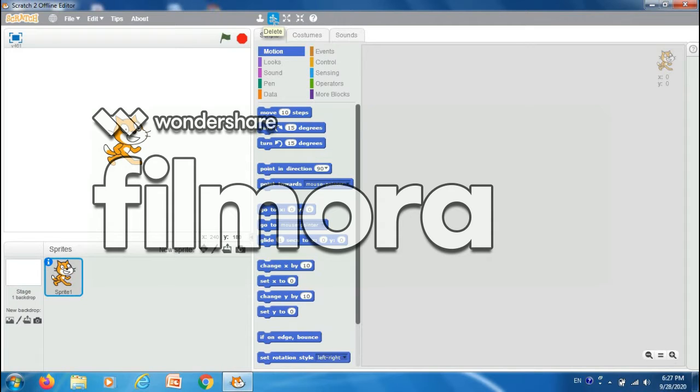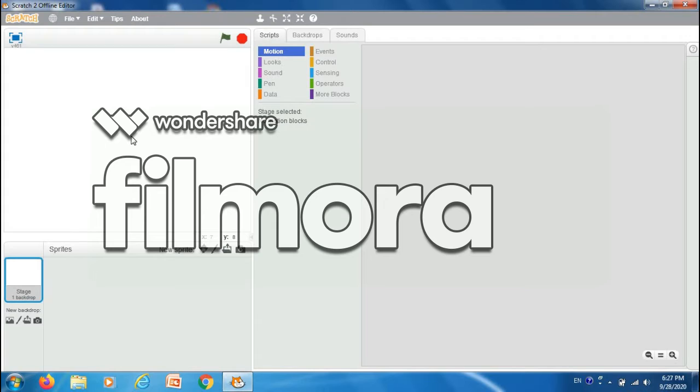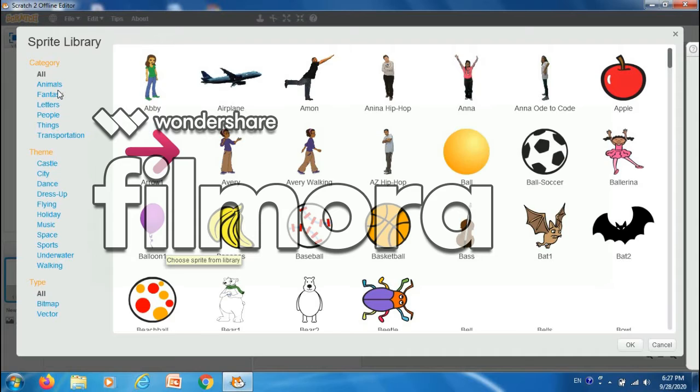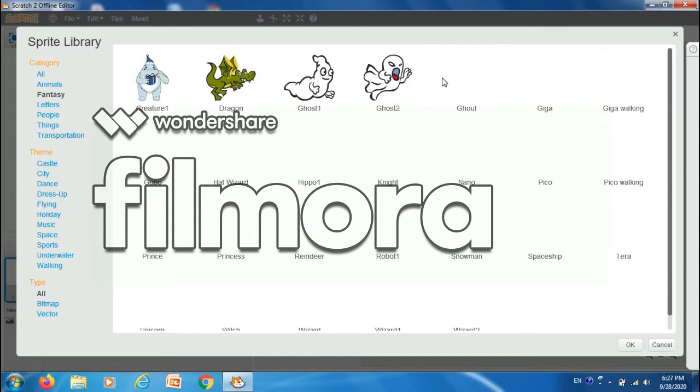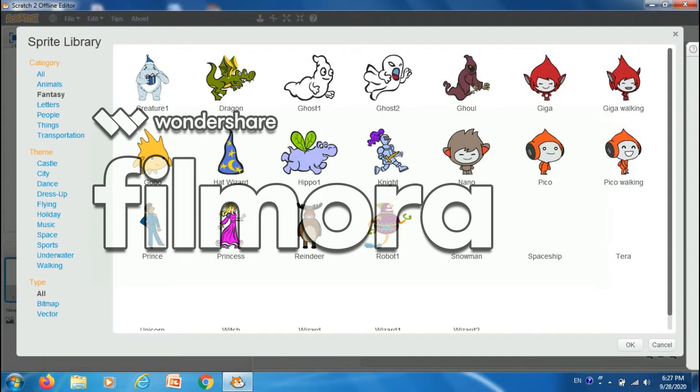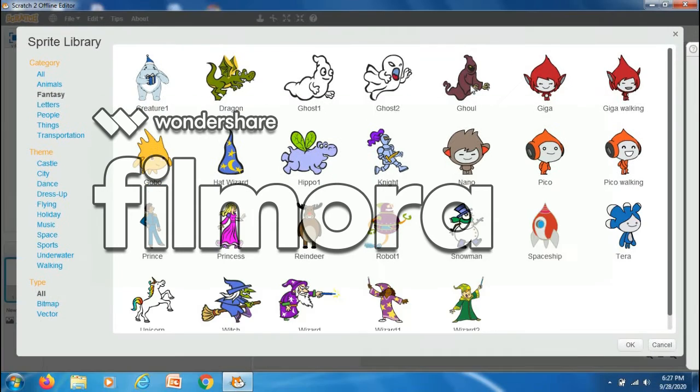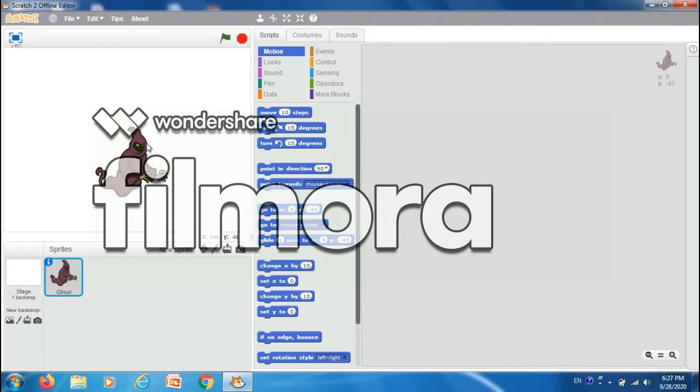Okay, so first we have to delete this sprite because we want a horror sprite, like a ghost. Go to the fantasy and select this goal, which is horror. Okay, we have selected it.